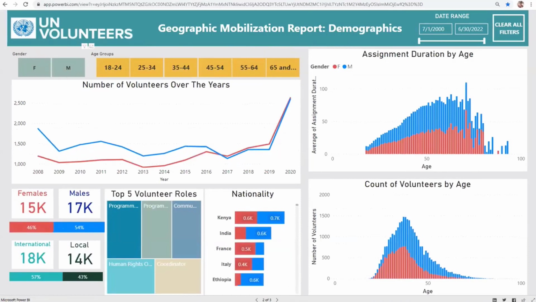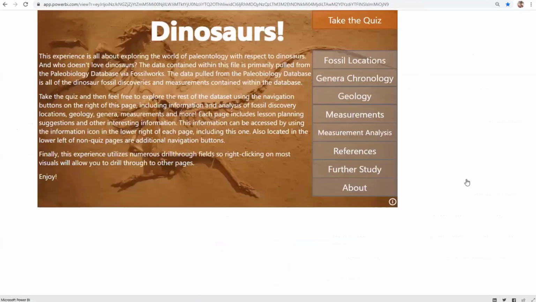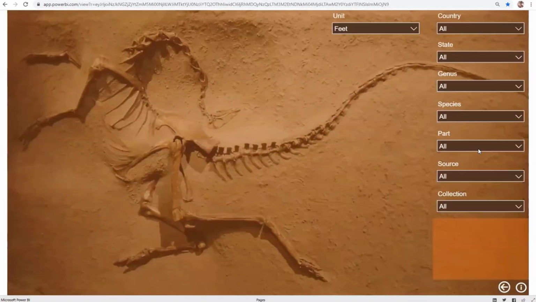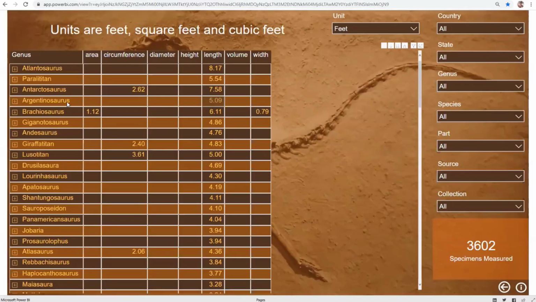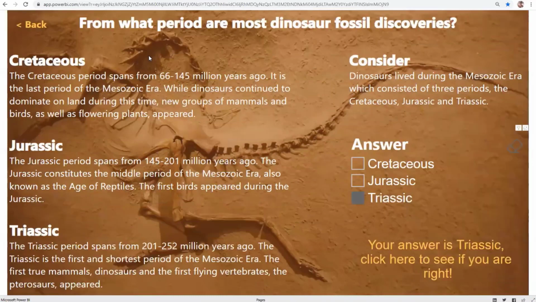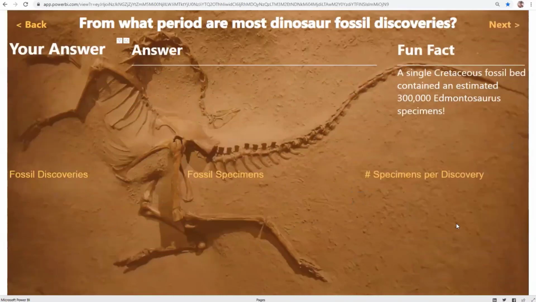I'll tell you one more thing: you can also set up quizzes. For example, I'm giving you dinosaur-related data, measurements: how the size of each dinosaur will be, the length, the circumference. I'm giving you all this, and then I want to give you a quiz. I'll give you a question and you have to select one of the answers. This is done in Power BI. Think of it as not done on a website, but entirely in Power BI. Hey, your answer is correct. I want to click and see. Yes, this is correct because these are the numbers. This is why it is correct.